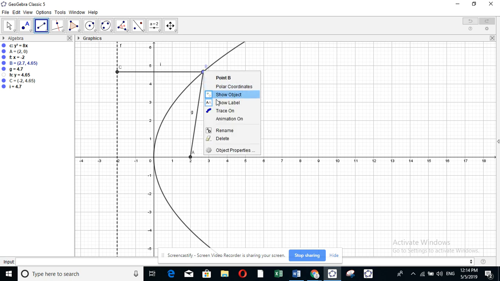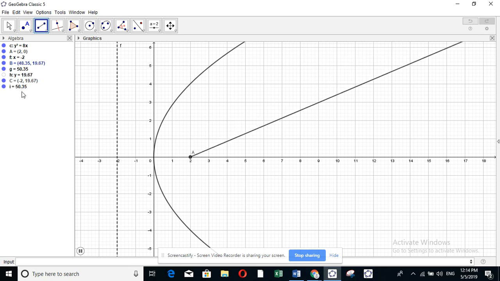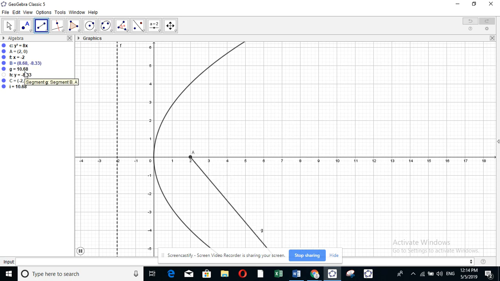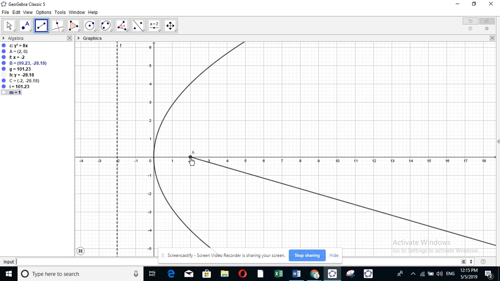If I do animation, as you can see, the distances are changing, but they are always equal. If you want to be more accurate, let me put, for example, m, which is g over I, which must always be equal to 1. As you can see, because they are equal, it's not changing, it's equal to 1. So the parabola is the set of all points equidistant from a fixed point called the focus